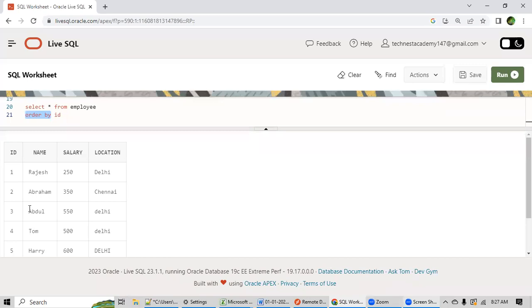If you have a question, no, Tanvir, I want to sort this in descending order. So what you have to do, you have to write here DESC. DESC means descending. So now if I run this query, check the output. Is this ID sorted in descending order? 5, 4, 3, 2, 1. Is this clear?